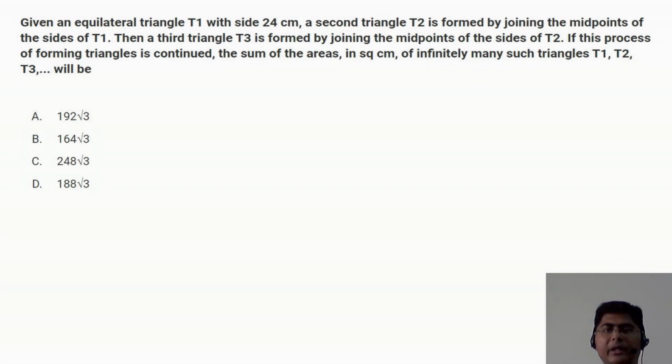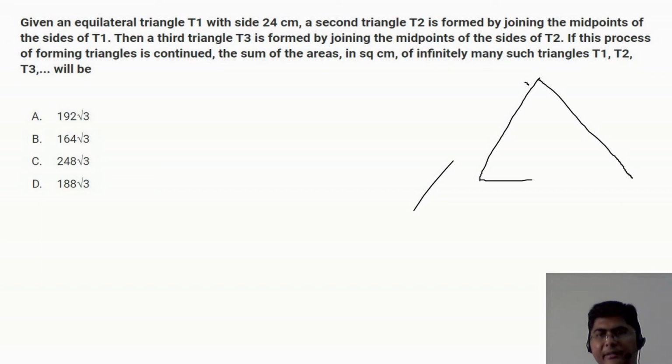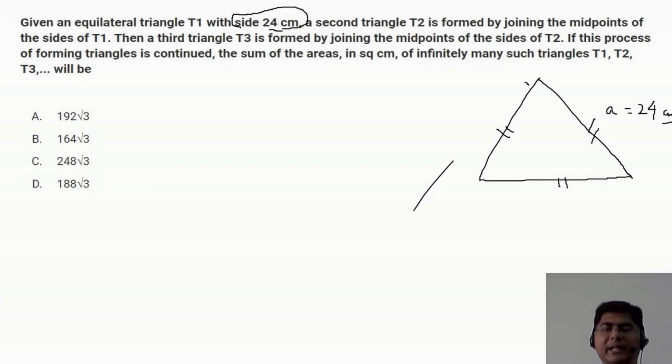Okay, so what are we going to do? Let us draw an equilateral triangle, right? The equilateral triangle means all these sides are the same. So let us assume all these sides are the same, which is A, 24 centimeter, which is already given. Okay, now we are not putting this value from the beginning. First we will derive the formula, then we will put the value of A. So it is better for us.